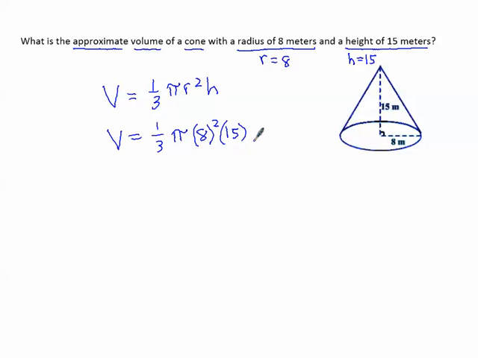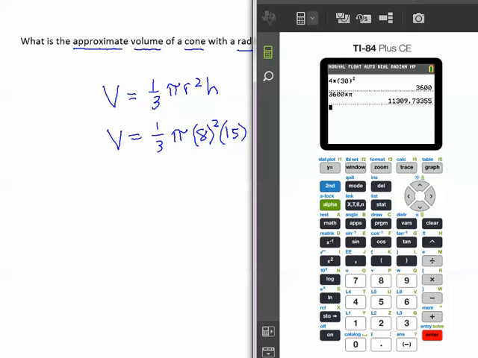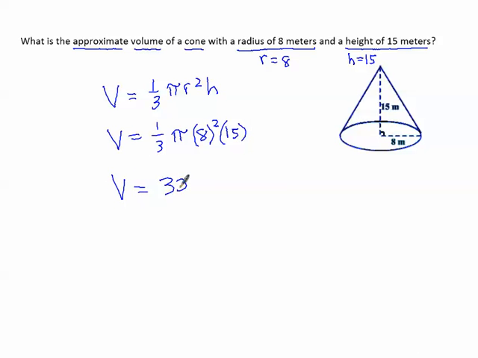And now we can go to our calculator to compute. Again, I'm not going to type the pi into the calculator. I'm going to just type the fraction 1/3 times 8 squared, put 8 in parentheses like I did, and times 15. I'm going to put 15 in parentheses like I did. Notice I didn't type the pi. I got 320. So I could give the exact answer as 320 times pi meters,